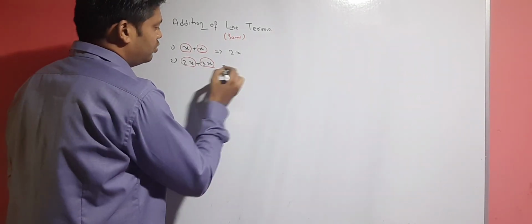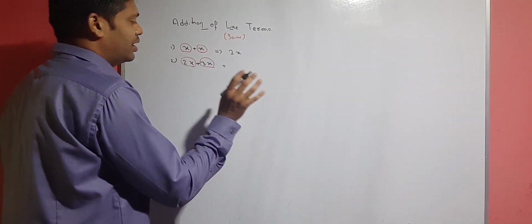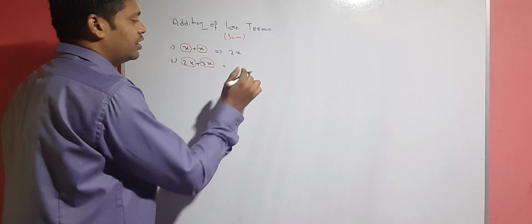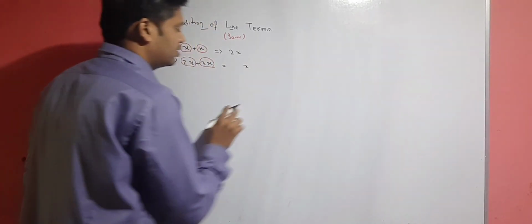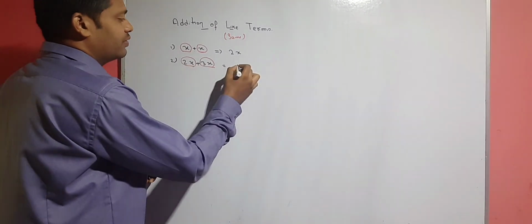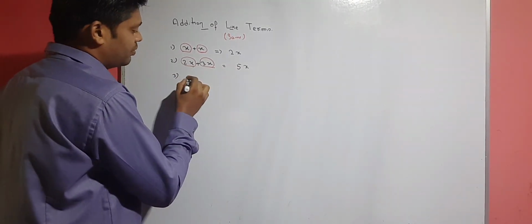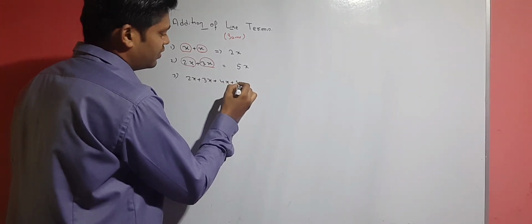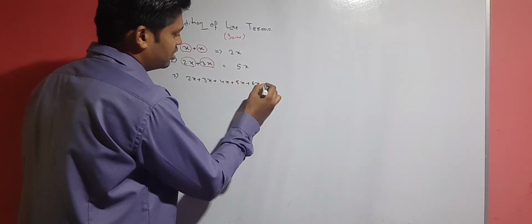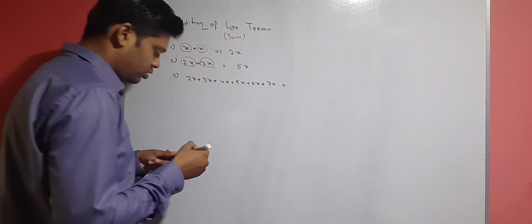Okay, so just add the numbers, the constants, not the variables. There will be only one variable. If 5 x's are there, I will tell you 3 plus 2, 5. Okay, now the third one, for example, 2x plus 3x plus 4x plus 5x plus 6x plus 7x equal to,